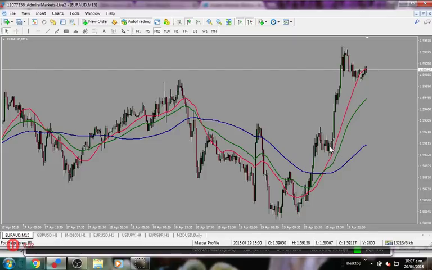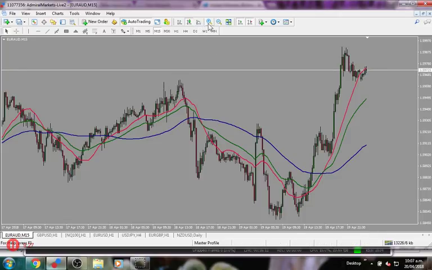Okay, so now that we've got that sorted, we have to think about how do we decide if something is trending or not. And within the strategy itself, the way the strategy defines it, which is quite a simple way, and I would also add a few other elements to it, which I'll talk about, but just to give you the essence of the strategy itself,